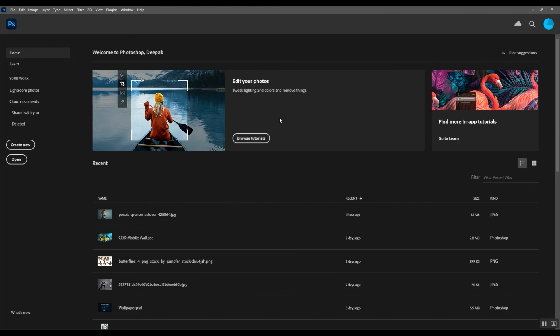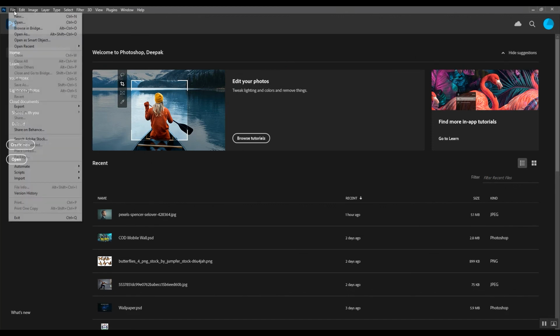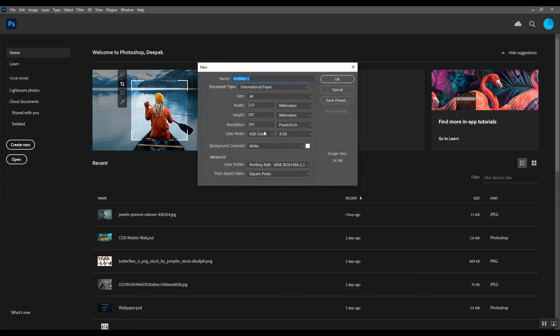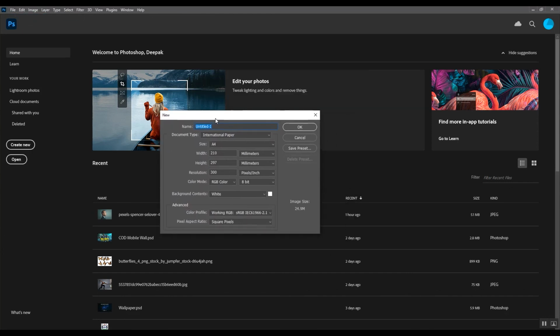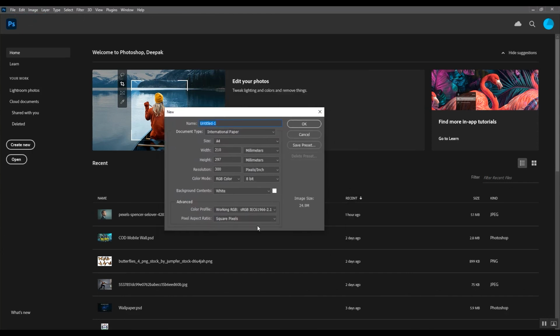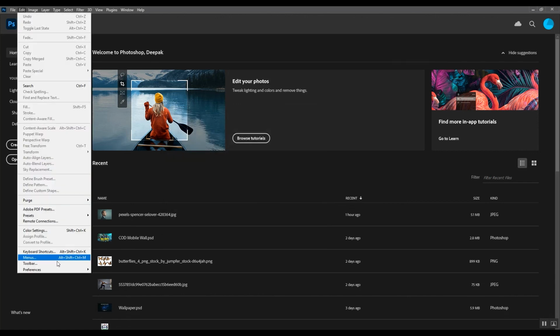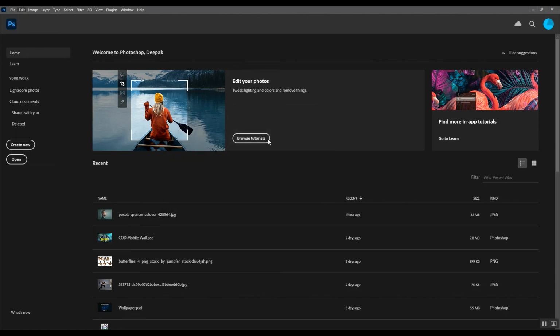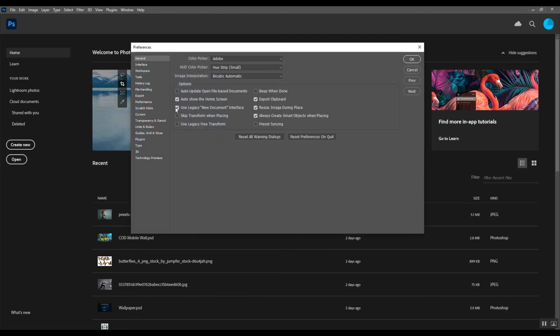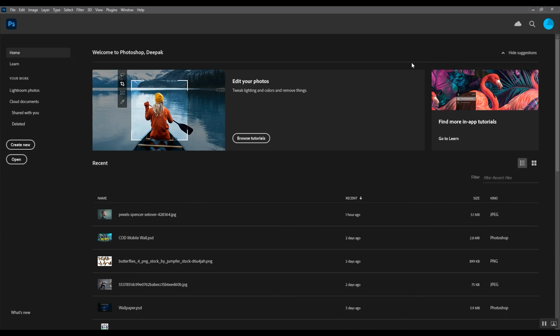Then create a new document by going up to the File menu and choosing New. And this time we see the Legacy New Document dialog box with all the same settings but in a more compact, streamlined design. If you prefer the newer version, just go back to Photoshop's Preferences and deselect the Use Legacy New Document Interface option. In the next lesson, we will learn the more common way to create a new document in Photoshop, which is to open an existing